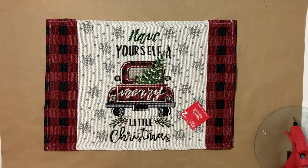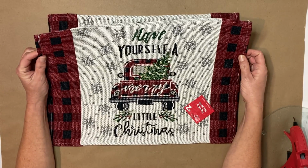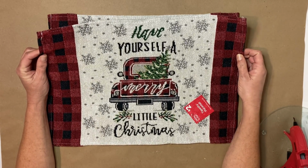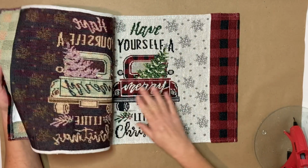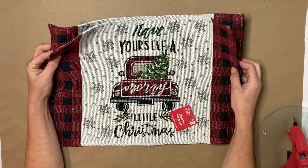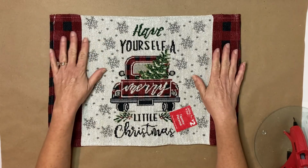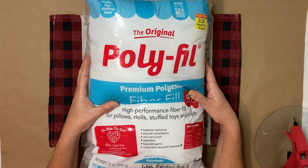So moving on to our third project for the video, I am using these 2 tapestry placemats that I purchased from Dollar General for $2 a piece. They're very thick, very nice quality placemats, and I picked 2 of the same kind. And I am just going to turn the top, once I remove the tags from these placemats,